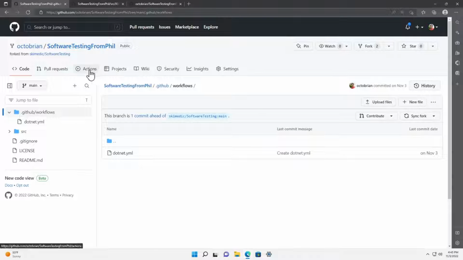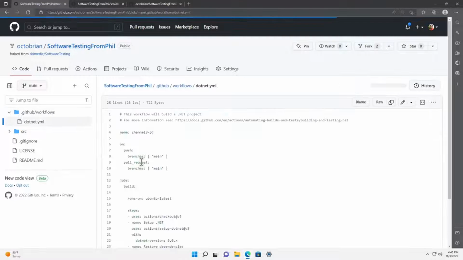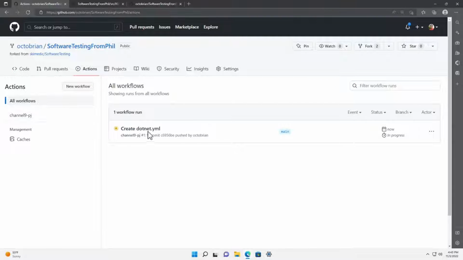Sorry. Now, if we go look, you'll see that it's created a folder called .github/workflows, and there's the file .net.yaml. If we go to Actions, we'll see that it has kicked off that run because we had that trigger that said when a commit is made to main, we are going to kick off a run.